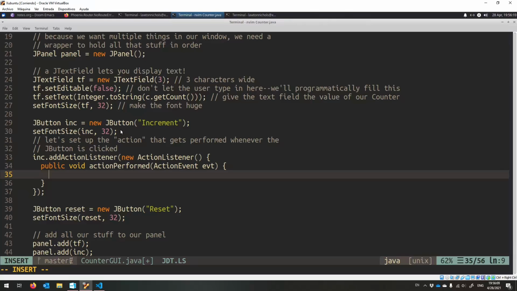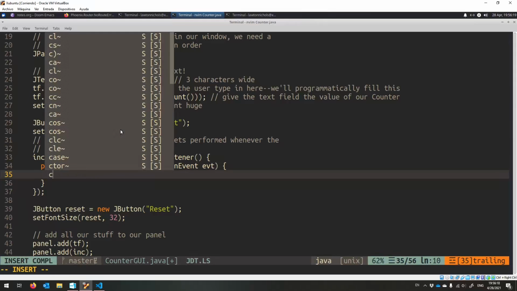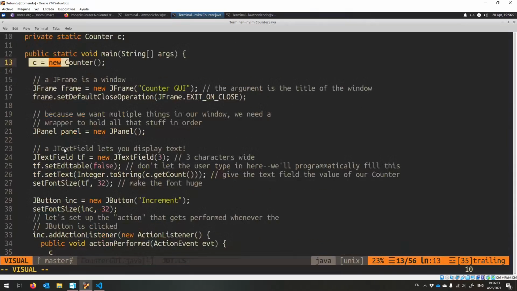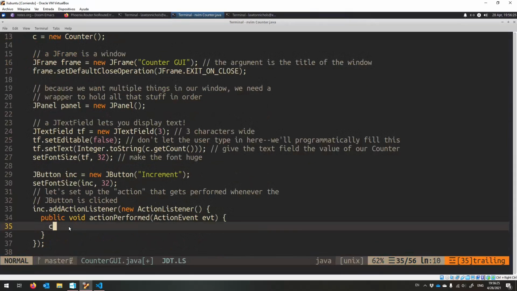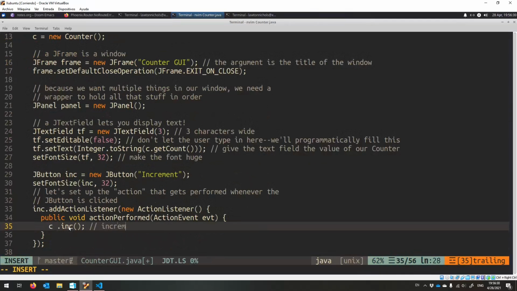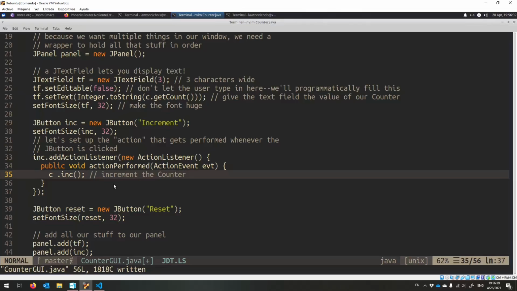What we want to do in this case, whenever the button gets clicked, is, this is inc, right? We want to update our counter. What are we calling our counter? Is it just C? Yeah, we're using C. So we're going to say c.inc. Okay, we're going to increment that counter, and then